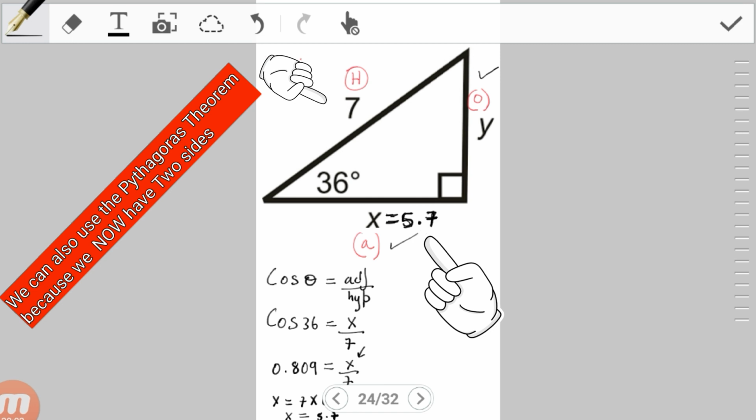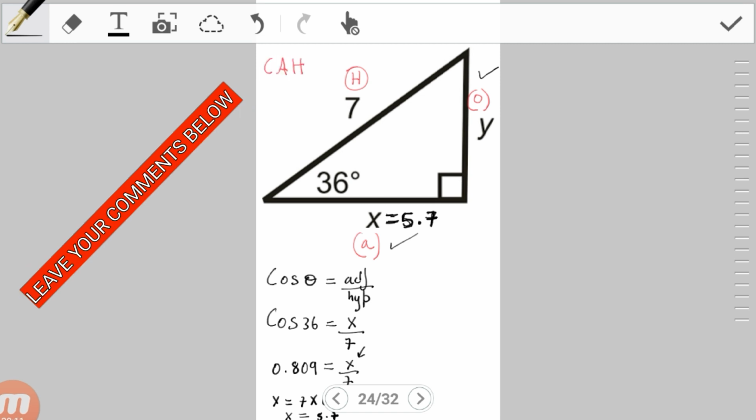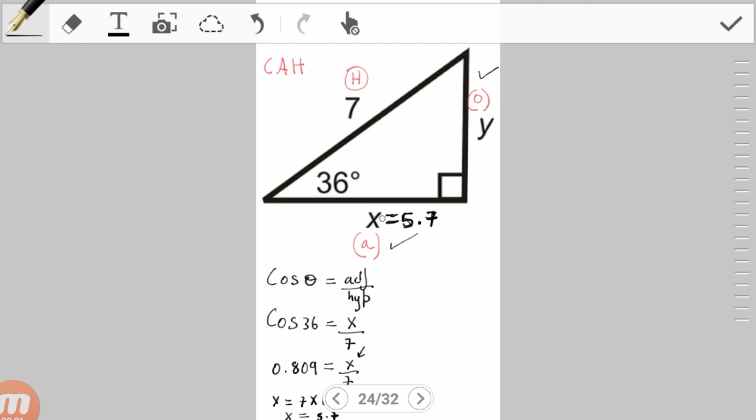So let me know in the comment section what's the result when you use the tangent ratio. All right, I'm actually just going to use the sine ratio because it could be a case where maybe you calculated incorrectly and the answer that you got here could have misled you. I don't expect you to get it incorrect, but if you do, then it might mislead you to getting the